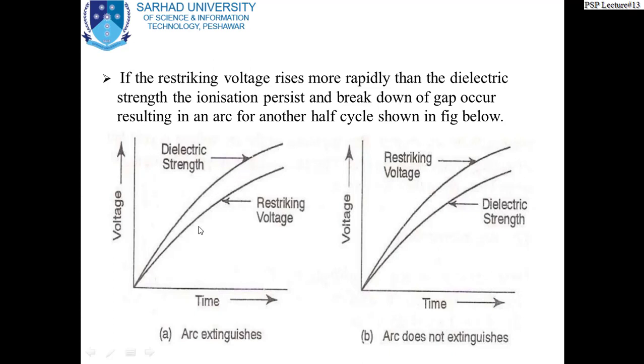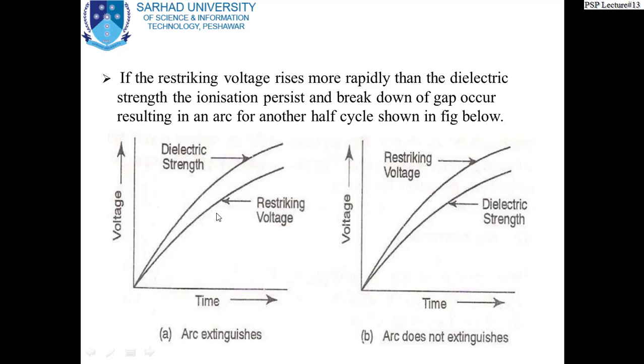Now at the same point, if the current is stopped or if we have an increase of restriking voltage, right? Now this is a comparison of two graphs. If the dielectric strength is more than the restriking voltage, the definition will come in the next line, where we will actually define this restriking voltage. This is actually a transient voltage which is more than the supply voltage, and it is responsible for continuation of current for another half cycle, or it can break the insulation medium between the two contacts. It will come just in a moment.